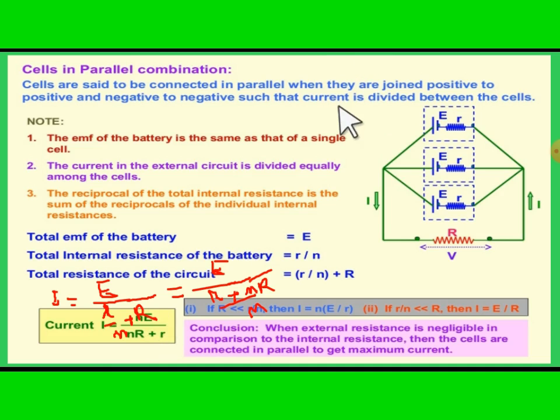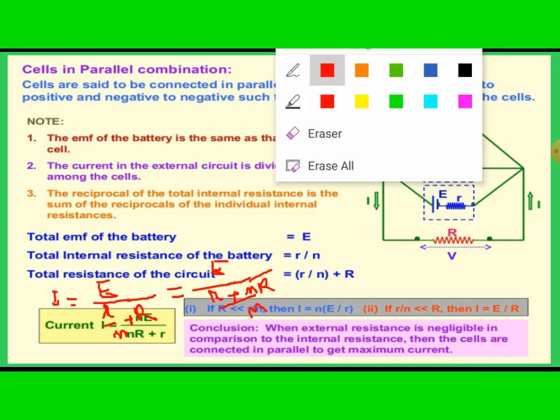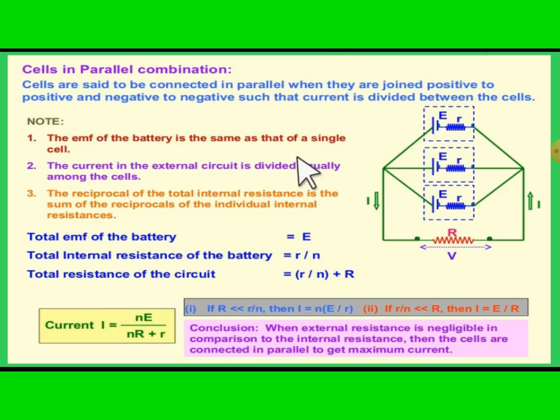Let me remove whatever I have written so that you can see it very clearly. Yes, like that. Now see, we are going to compare nR and r, or rather r by n with the capital R. Got it? So when you compare these two, if r by n is very much greater than R, then it is profitable. Got it? This is just the opposite. When the external resistance was very much large compared to the internal resistance, in the case of series combination,